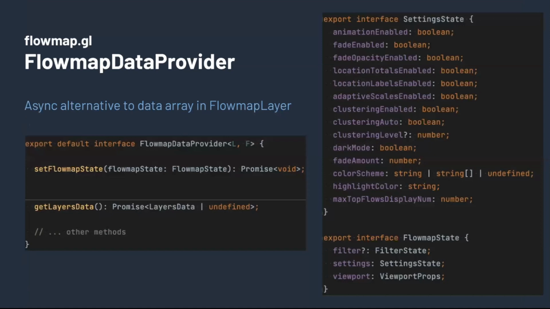In the latest version of Flowmap.gl, I introduced Flowmap data providers, which is an alternative to passing in a data array to the layer, which is the normal approach in deck.gl. With this data provider, first it can be async, so I can send requests to a database, or do the calculations in a worker thread.